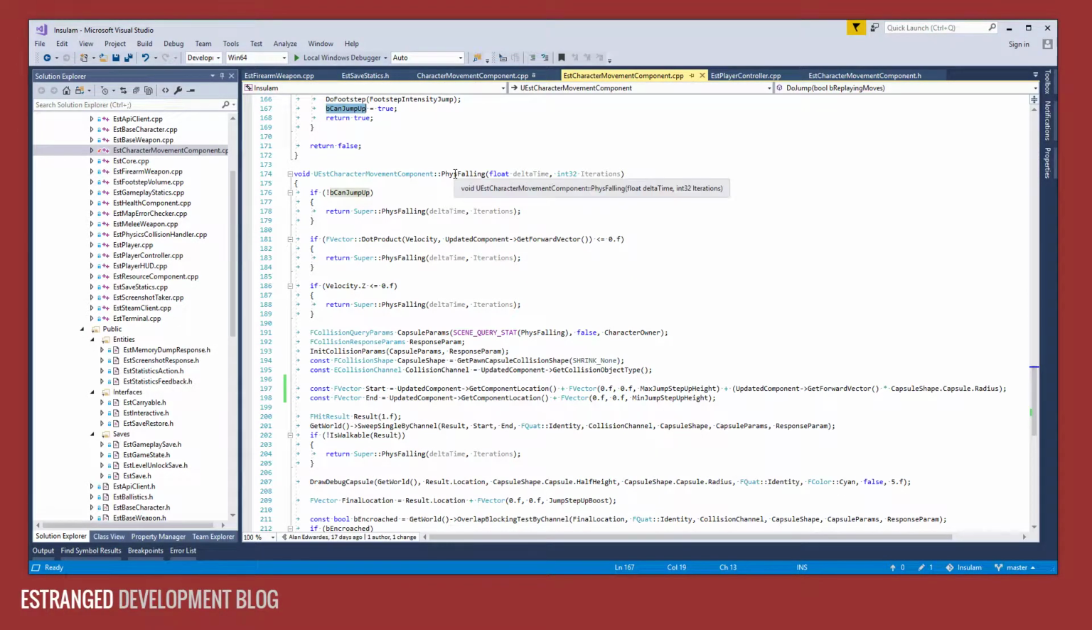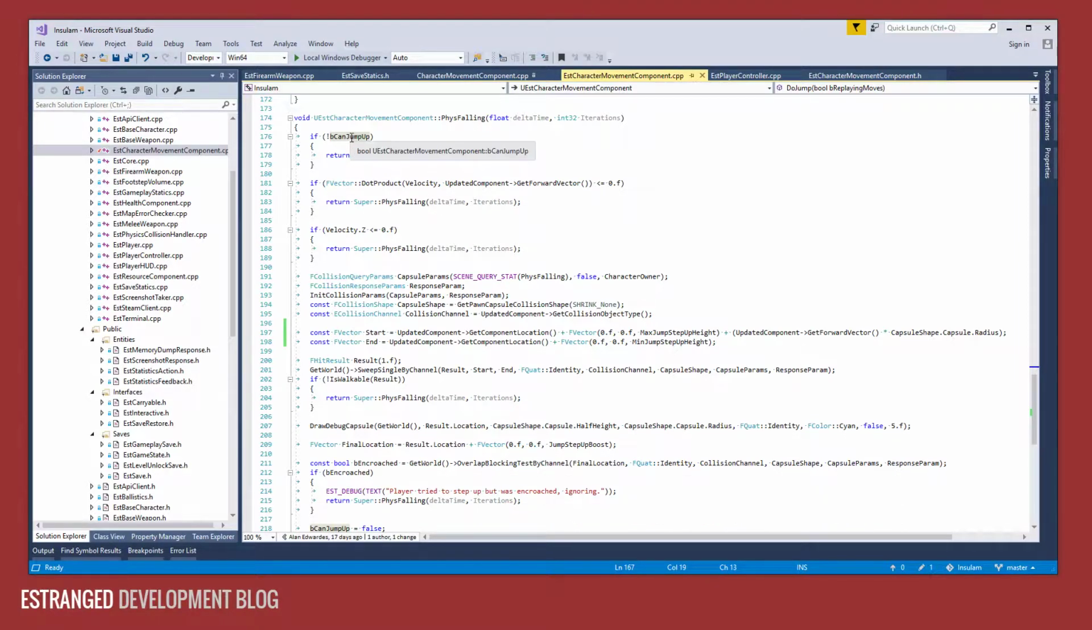So if we go over to the PhysFalling implementation, which is where this happens, there's some early exiting here. If we can't jump up, if the player hasn't jumped, then bail out and call the super implementation of this. If the player is not trying to move forward,